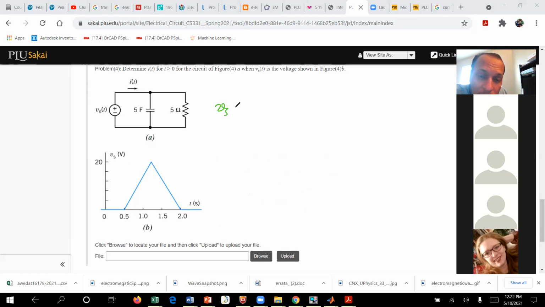I type Vs of t as a function of time, right? The first version I was expecting is 1, but this one is 1.4. So we're looking for the equation, this one here. Here is 0 for t less than 0.5. Then the equation for this one,